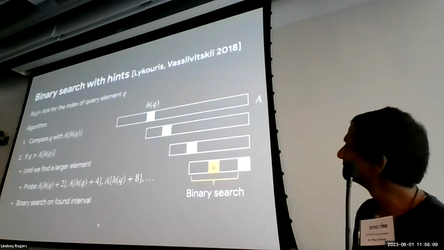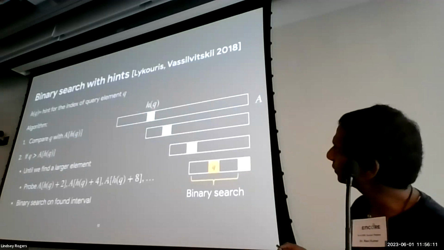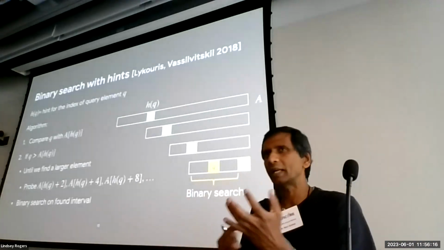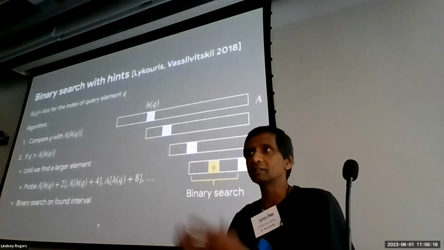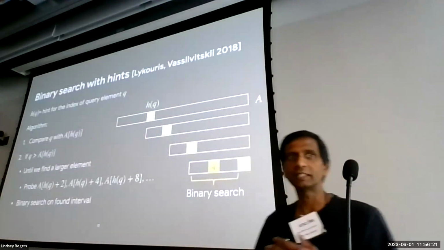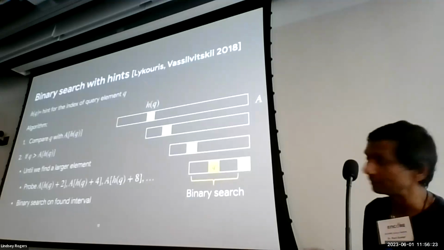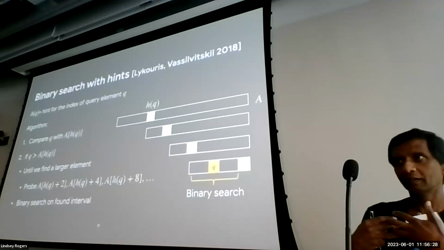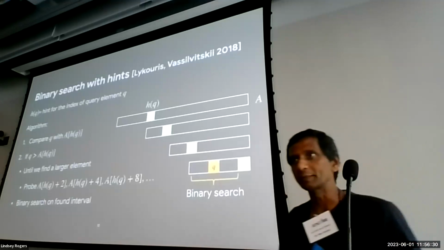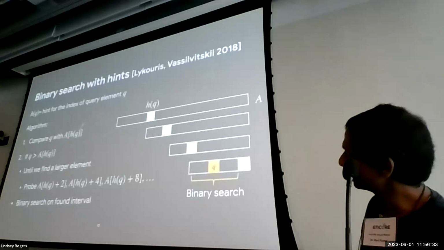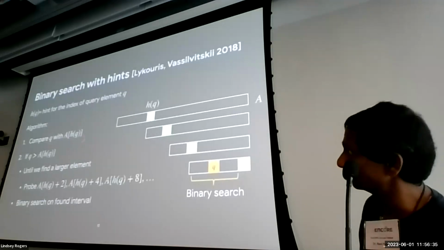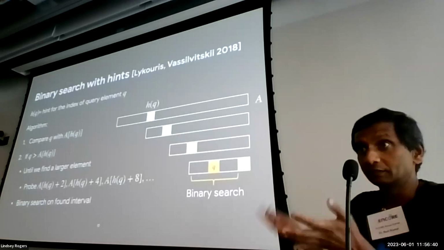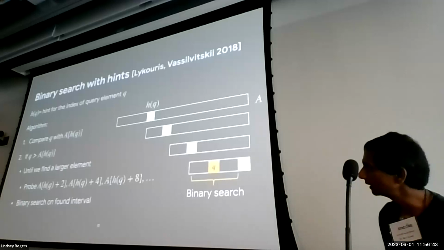And what is a hint here? The hint just says, you ask this query, and here is the array. I tell you for this query, I think it's in the 17th position. That's a kind of hint. So it gives you the index of the query element Q. Suppose the algorithm gets this, how can it use it to improve its performance? First of all, it compares the query with the position that the hint suggested. If the element is there, great. My hint is perfect, you're done.